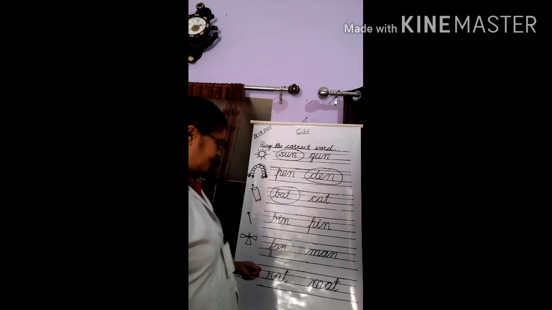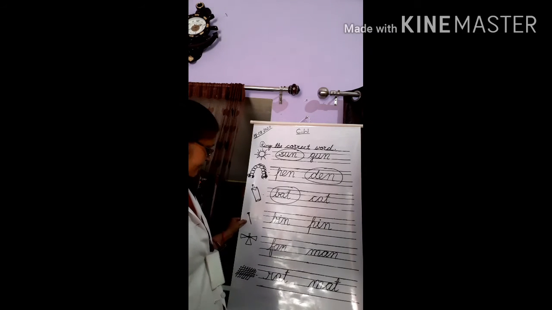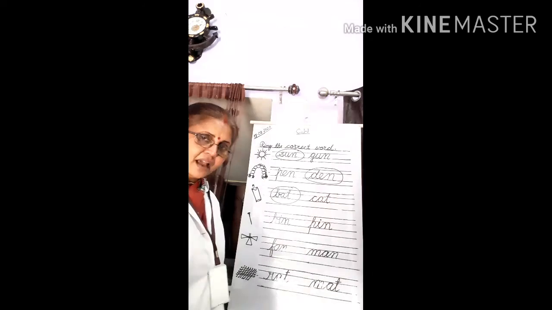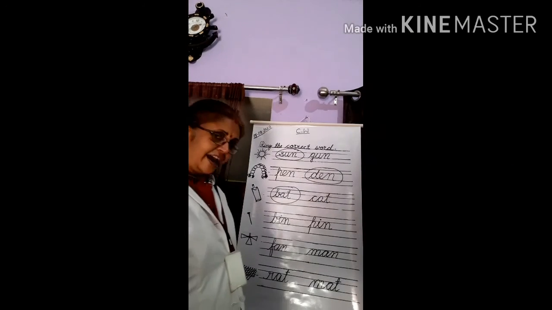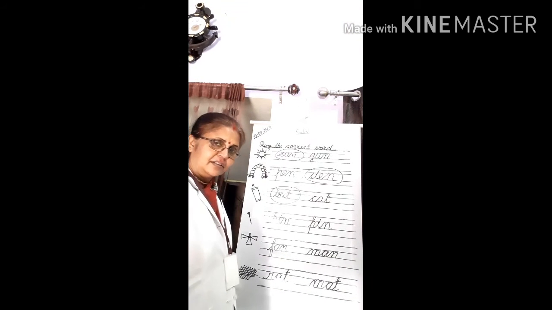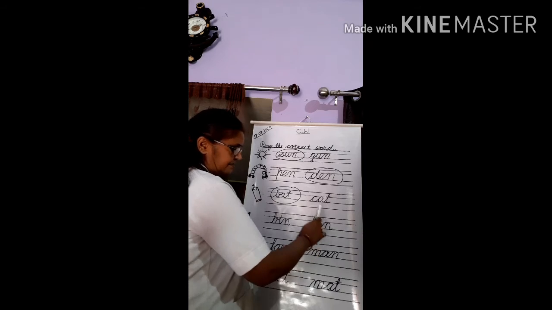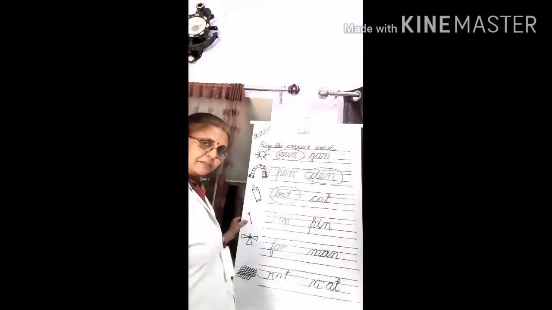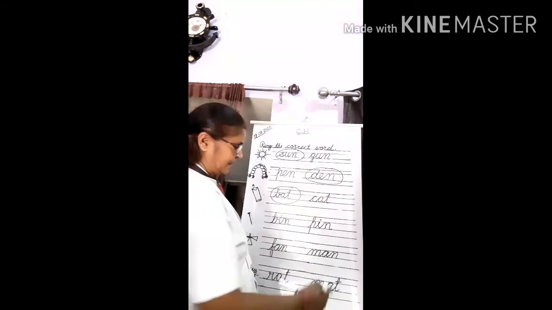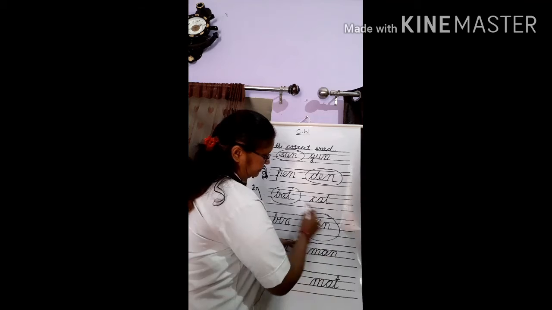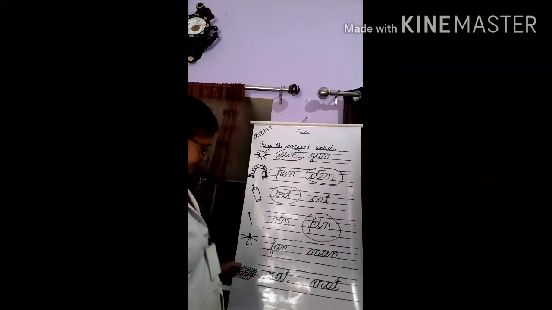Okay. Then see, what is this? Yes, this is a picture of a pin. And what is the spelling of pin? P-I-N, pin. So you have to make a circle around the pin. This one is B-I-N, bin, and this one is P-I-N, pin. Pin. Who used the pin? Yes, the carpenter used the pin. So you have to make a circle around the pin here. Okay. Then come to the next point.